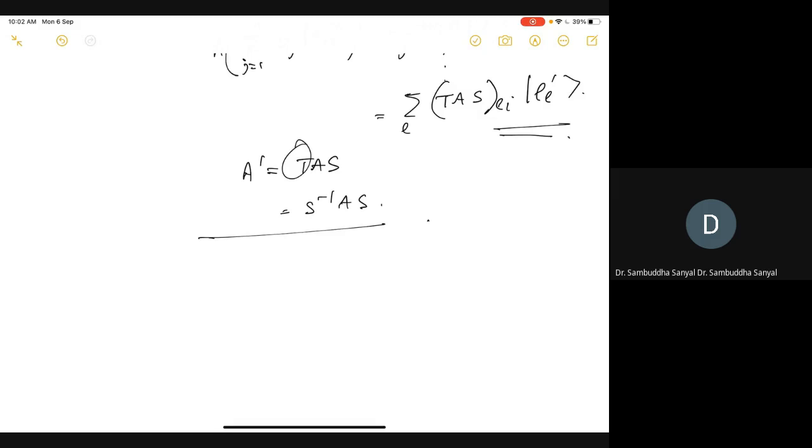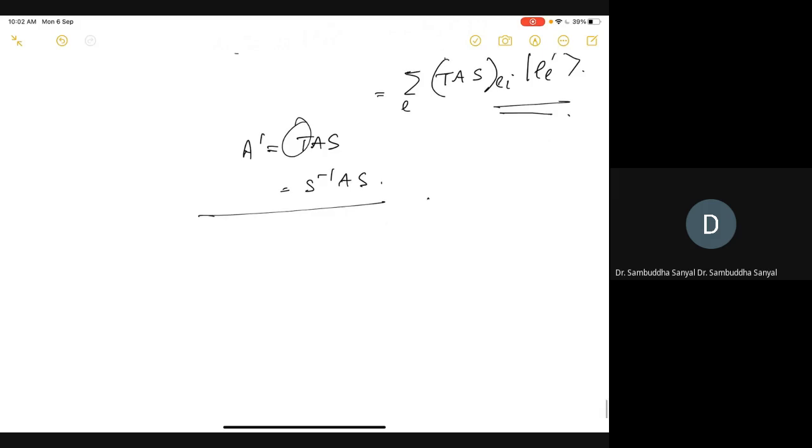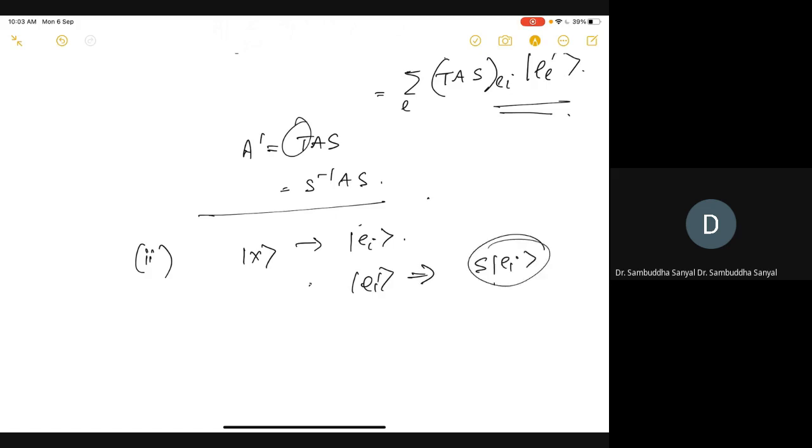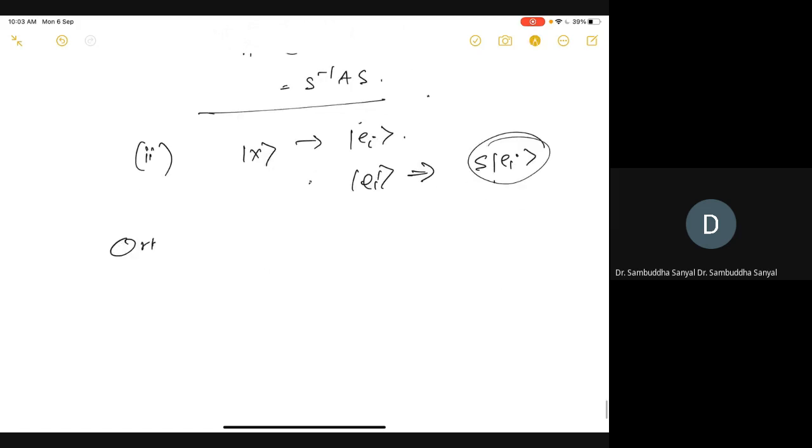And then you can also show the other thing, which means that you can express any vector. So the next thing is you can express any vector in terms of these E_i vectors. If you want to do that in this other basis, the E_l basis, you can also do it with S E_i, because if these are eigenvectors, these S E_i are also the corresponding eigenvectors. Now all these things become very easy when you do it in an orthonormal basis.